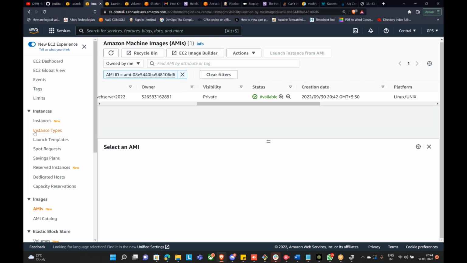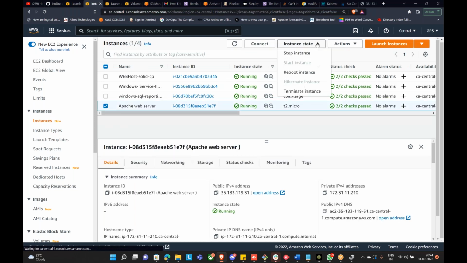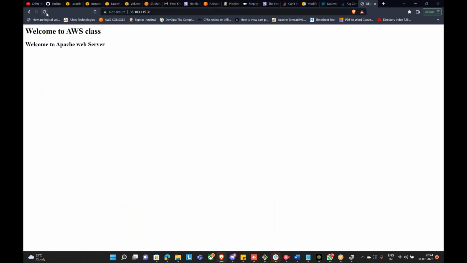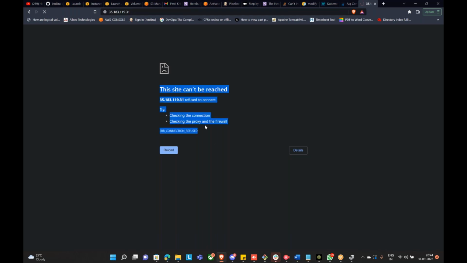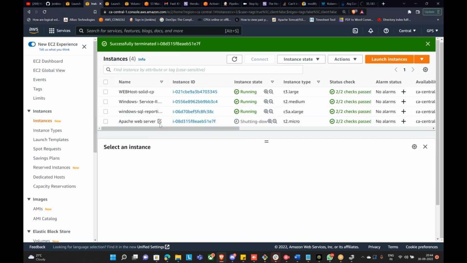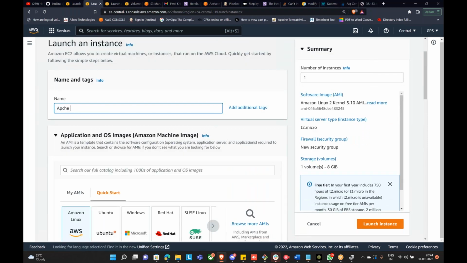Okay, now I will show you the use case. Now someone has come and selected this and terminated it. Now the external users are trying to access the application. They are bombarding us: our application is down. So what can we do? Within minutes you can launch the application. At this time, just name it